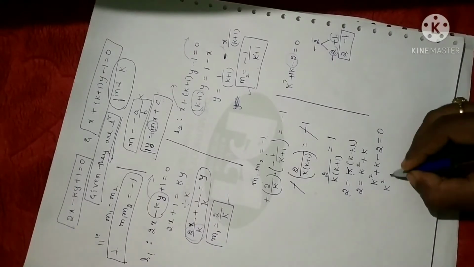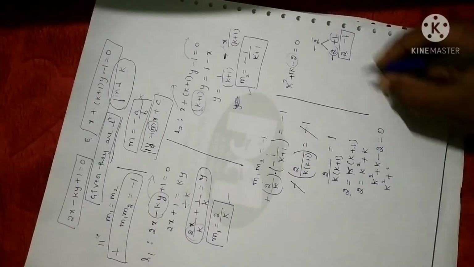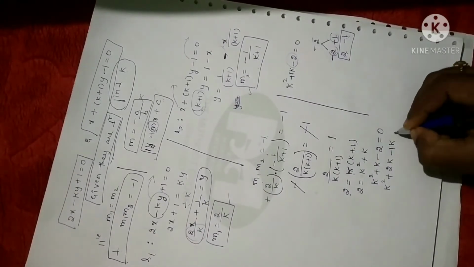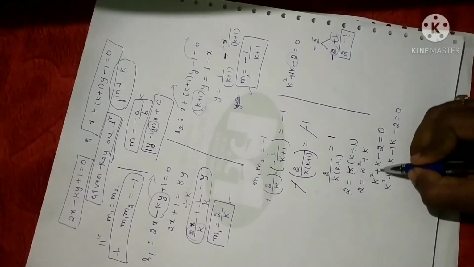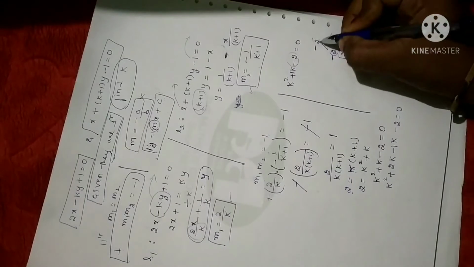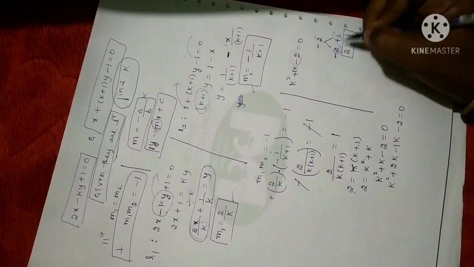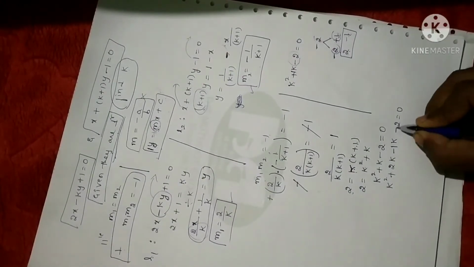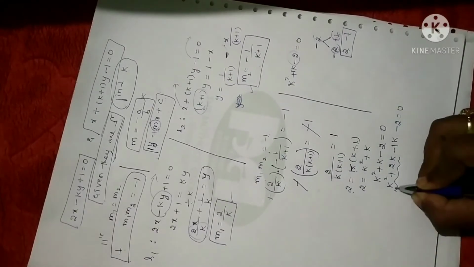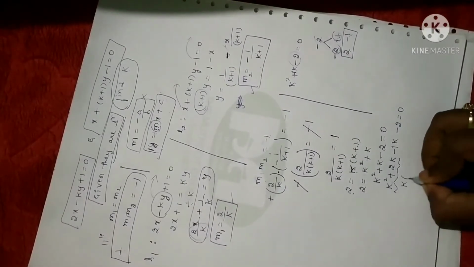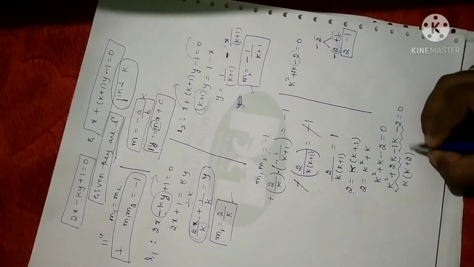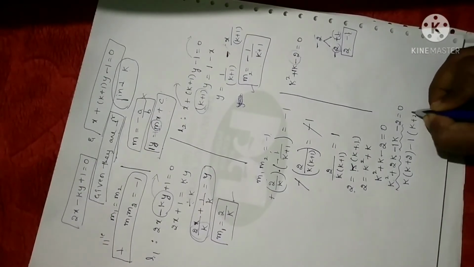In the sense, we can write this as k square, first term as it is, plus, I'm going to split the term, 2k minus 1 into k minus 2 is equal to 0. I have found the factors for minus 2 and I have split the middle term as plus 2k minus k. This is the factorization method. You just go through the 10th standard textbook, then you will understand this. Now, the common factor between these two terms is k, left with k plus 2. The common factor between these two terms is minus 1, so left with k plus 2.